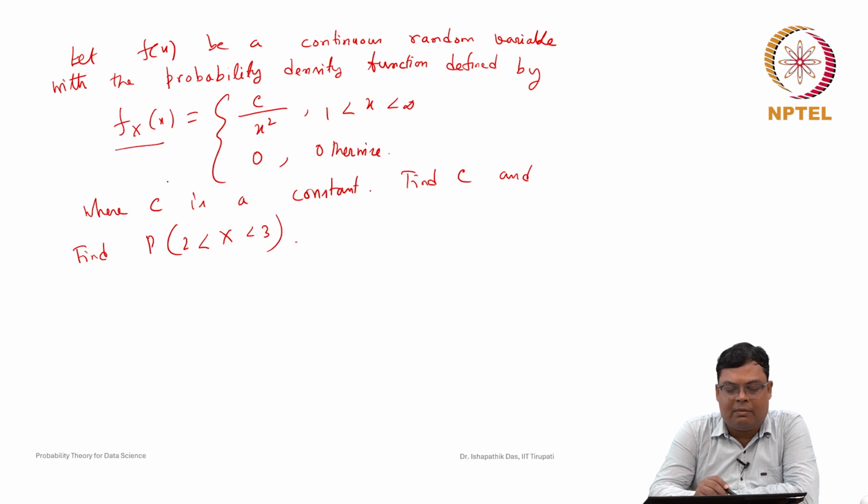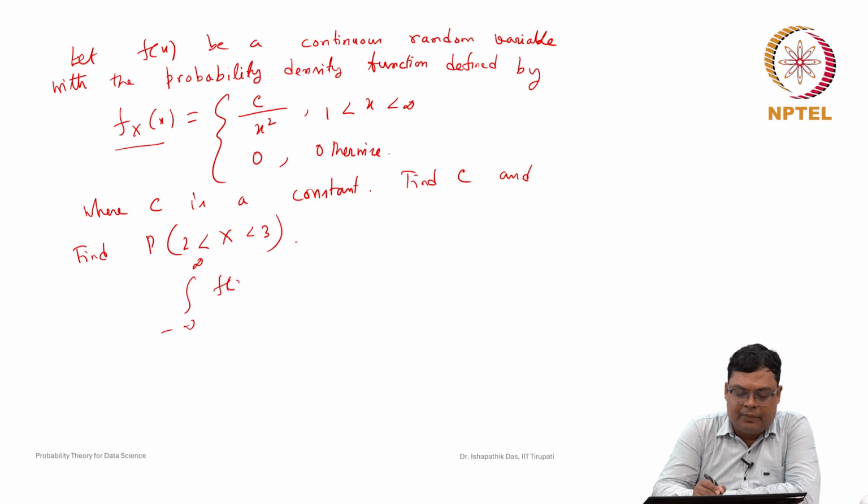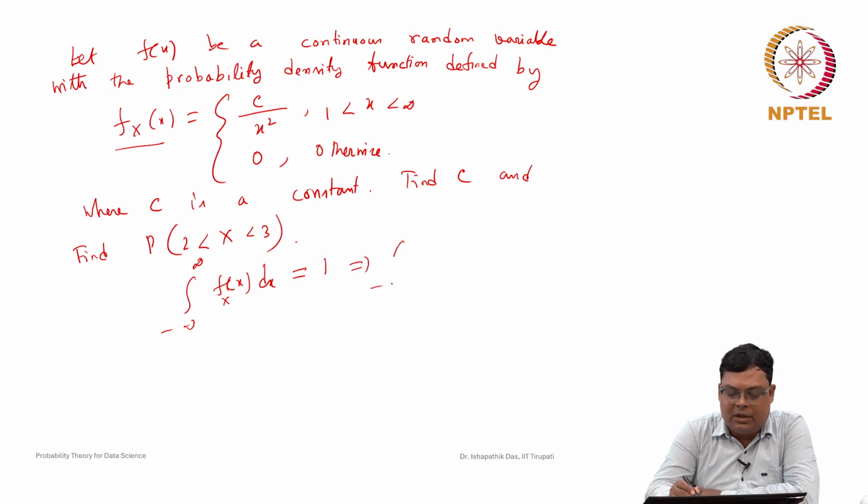Now, the second property is that whenever c is positive, this integration over the range -infinity to +infinity of f_X(x) can be equal to 1 for some value of c. So, if you do this integration from -infinity to +infinity, because it is a density function, it has to be equal to 1. This implies, because f is non-zero only for x greater than 1, and it is 0 up to 1, we split the integral: -infinity to 1 of f(x) dx